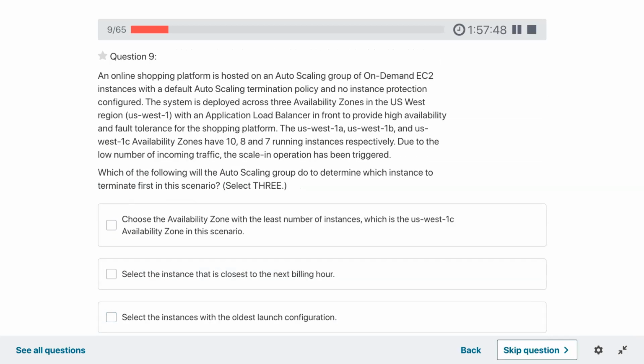An online shopping platform is hosted on an ASG of EC2 with a default ASG termination policy and no instance protection configured. The system is deployed across three availability zones in the US West region with an application load balancer in front to provide high availability and fault tolerance for the shopping platform.